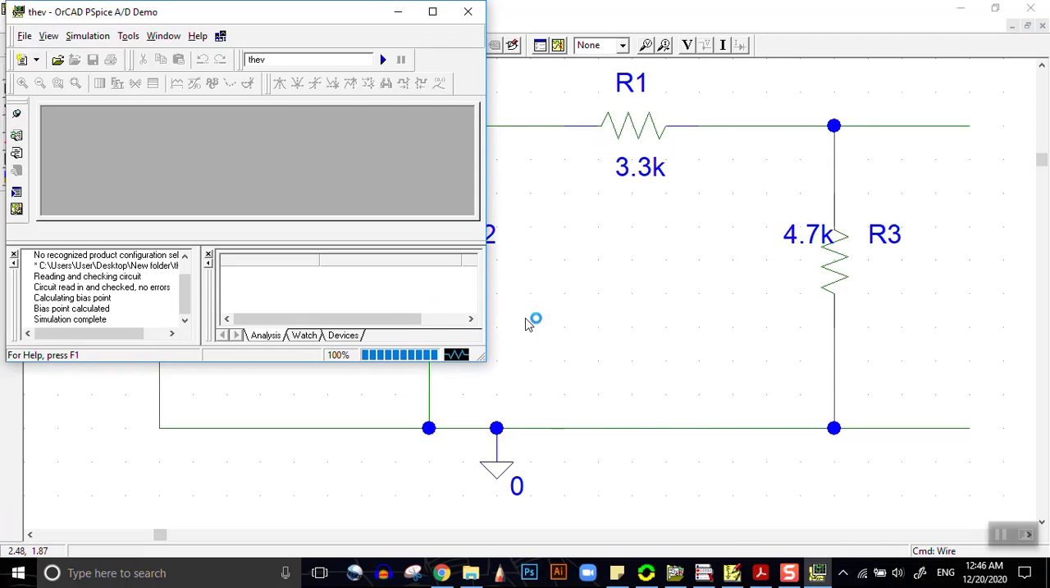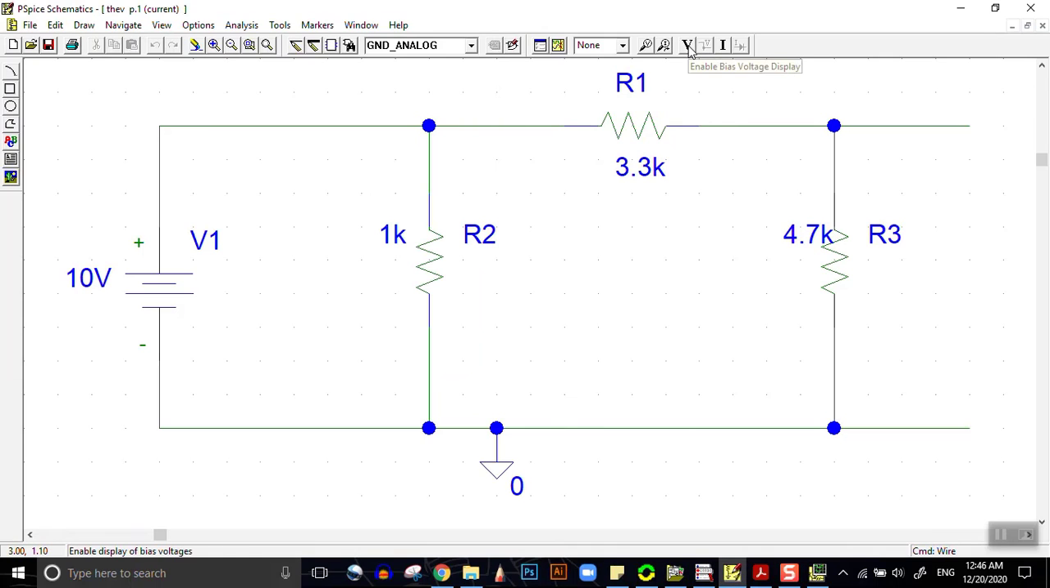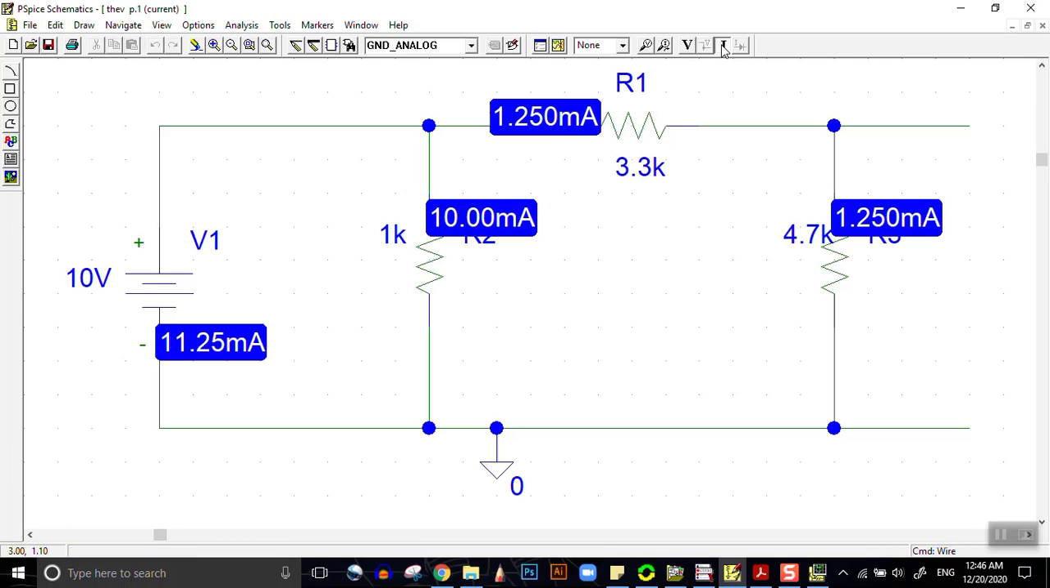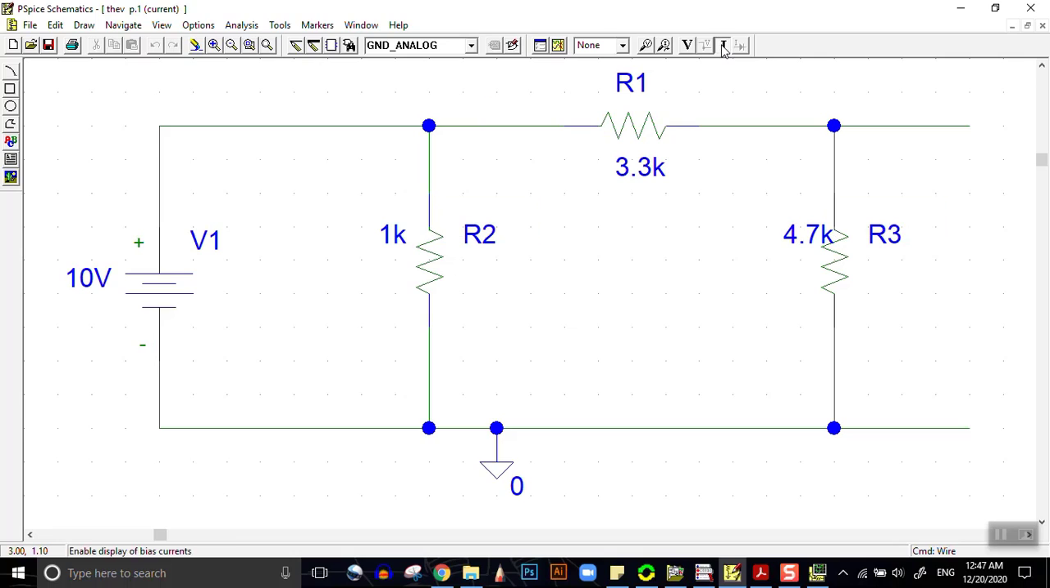Simulation is going on here, 100%. So simulation is complete. Now here we have the voltage display and current display. If we click this, we get the current display. We don't need the current at this moment. What we need is voltage. So at this point our voltage is